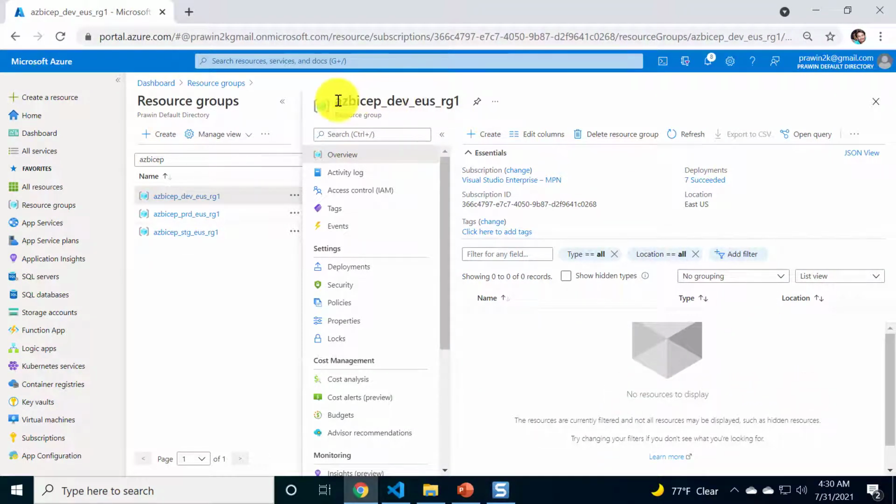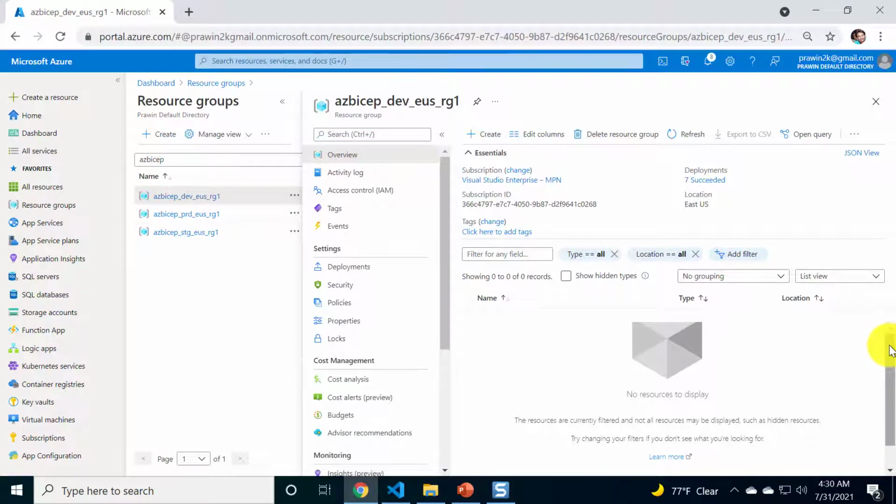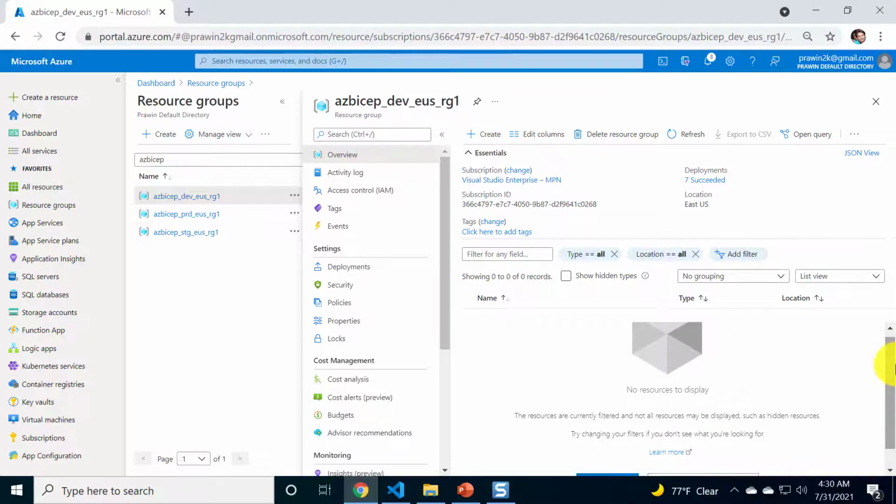This is dev environment. Currently, even the dev environment is empty. And so staging environment and so the production environment. All 3 are empty. So we are going to start running our bicep scripts in dev environment, and then we'll run the same bicep scripts in staging environment as well as production environments. Let's see how to do by heading over to Visual Studio Code.